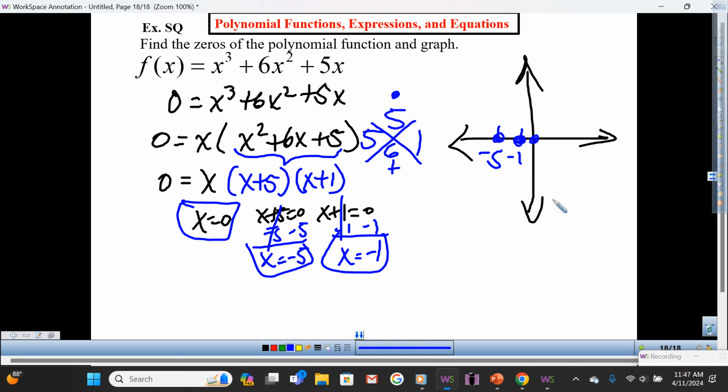Tell your neighbor where to start and where to end that graph. Then Courtney Jean's going to pass it to someone. Where do we end? Where do we start? Selena, where do we start? 3, and we end at 1. That is correct. So from left to right,